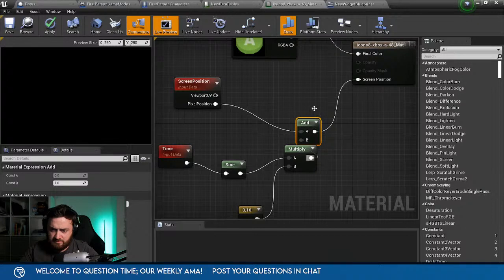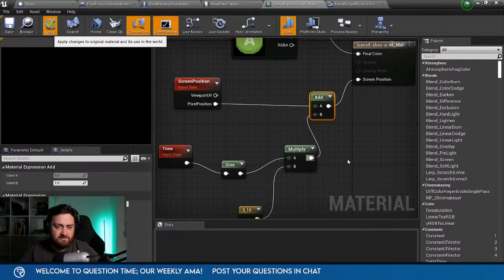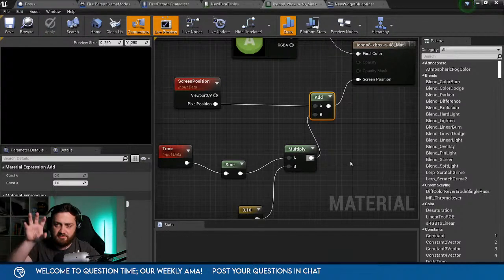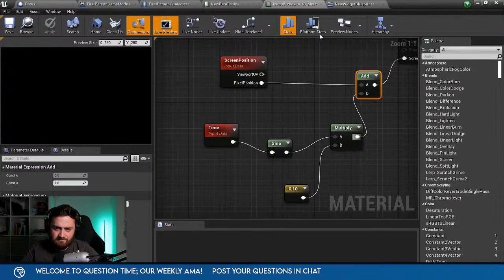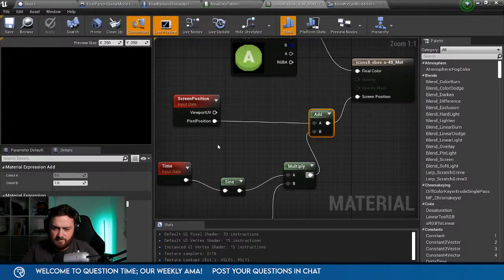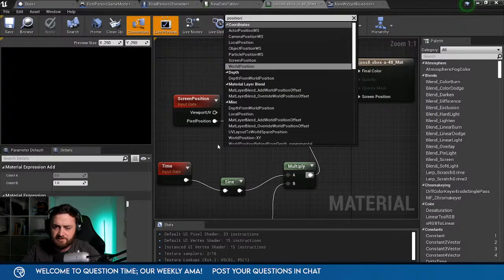Yeah, maybe it should go like that. That's what we're trying to simulate. I don't know if that's correct. The screen position here, I think that's referring to more 3D stuff. Not having it over here. Hold on. Position.